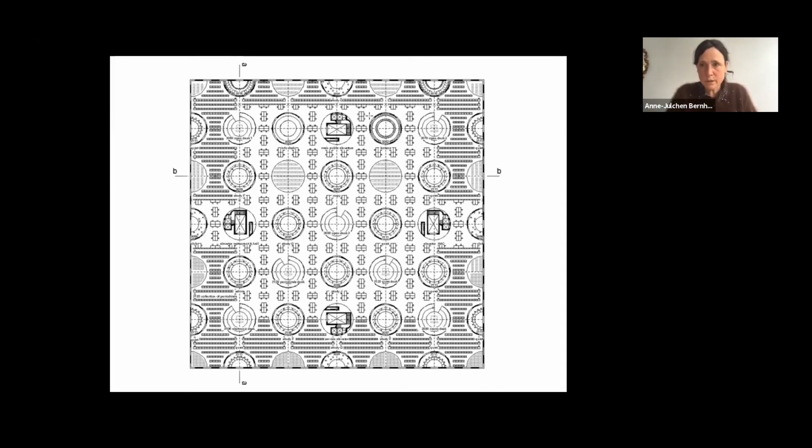And the whole circulation is done by these big towers where also the cars would go up and down.